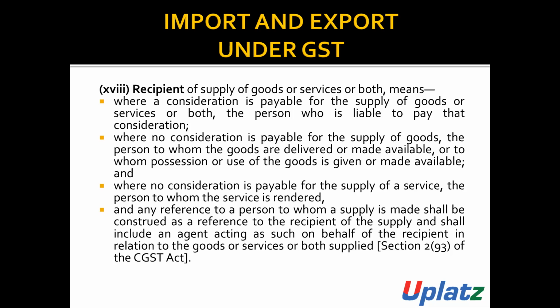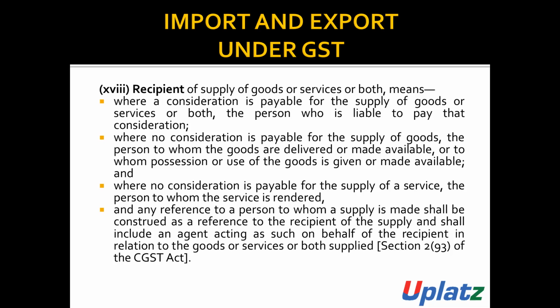For example, Mr. Ram and Mr. Sham are good friends. Mr. Ram supplies some goods to Mr. Sham without any consideration. In this case, Mr. Sham will receive the goods, meaning Mr. Ram will deliver such goods to Mr. Sham or make them available to him, or Mr. Sham will use such goods. Then in this case, Mr. Sham will be considered as recipient, where no consideration is required to be paid for supply